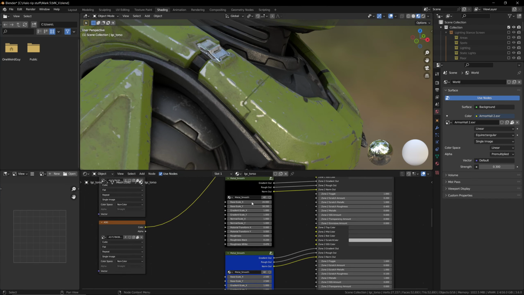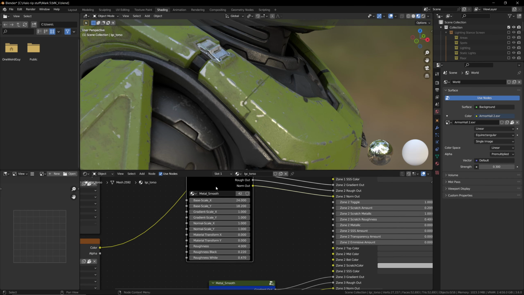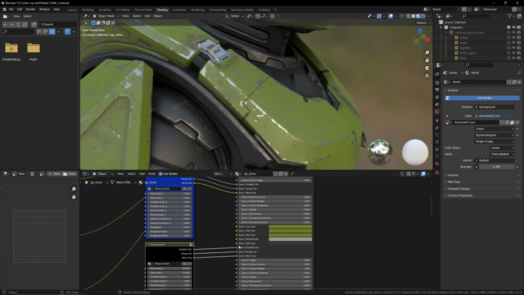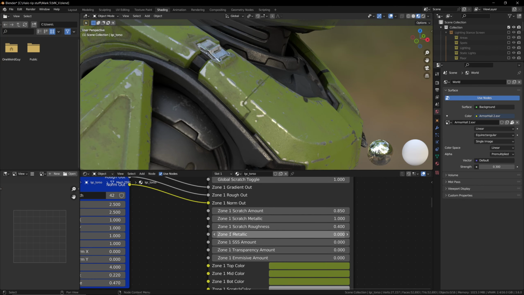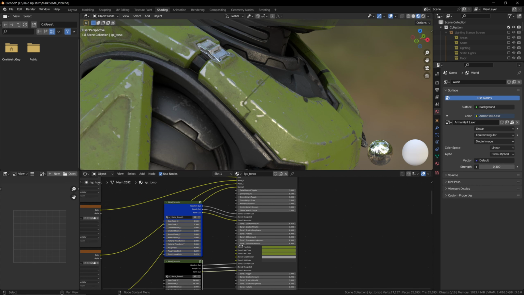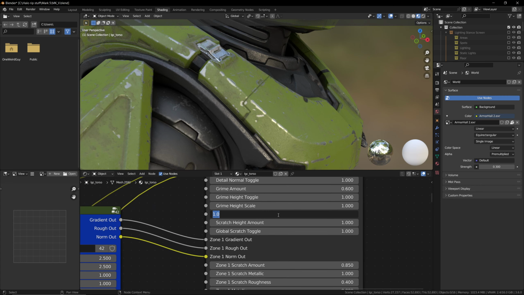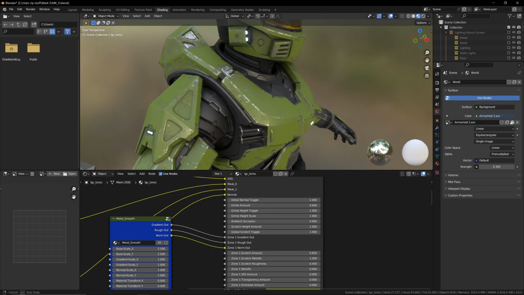These are a whole different thing. If you want to get into those, I'm not going to cover those in this tutorial, but this is really simple. Metallic for zone 1 makes zone 1 metallic. Roughness for zone 1 scratch makes scratches. You can mess with all of that before. None of that's going to matter. What does matter is we're going to want to turn ambient occlusion off to 0 on all these